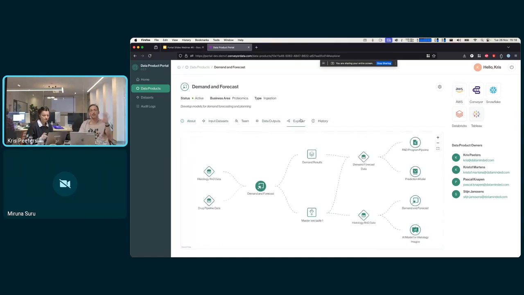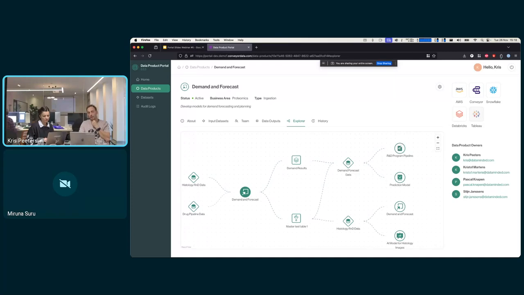The nice thing is I can say, look, I want to see how this looks. It might be a bit intimidating, but what you see is this data product consumes 2 data outputs, histology data and some other data, that produce 2 data sets as output. And that data set, again, produces 2 outputs, and an output can belong to multiple data sets. It's maybe a technical thing, but you can have data sets, more a logical grouping of outputs, and then they produce an output, and then that output here, the demand forecast data, is used by other data products,